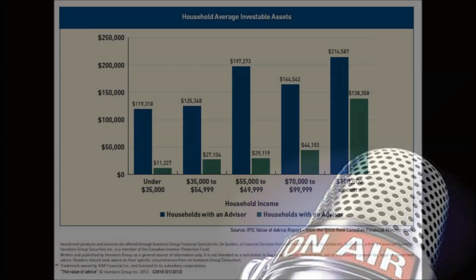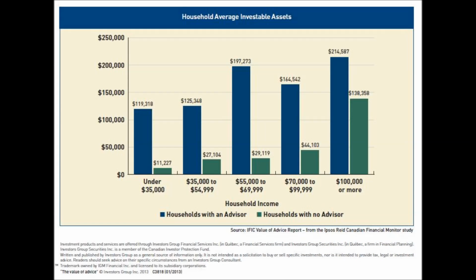We're going to leave you with one more chart, which we've shown to you before. You may remember it's called the value of advice, but if you're looking at it for the first time, it's coming up on your screen now. This is to show you how much better households do with their investments when they have the advice of a financial planner, and how less well they do. The bars in green show how much poorer results they achieve if they are attempting to do their investments without the help or advice of an advisor.